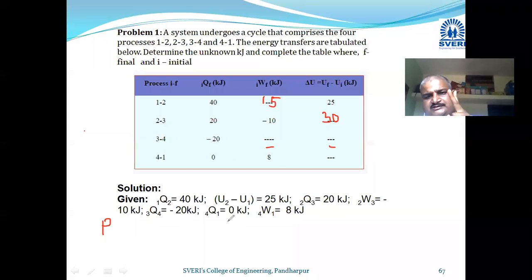Boys, I'm not getting your response. How many unknowns are there in a process 3 to 4? Two, sir. Two. One is work, second is the change in internal energy, delta U. But we have only one equation, that is Q is equal to W plus delta U. From this equation you can calculate only one unknown when two terms are given, and here we have to calculate two unknowns, which is not at all possible. Let it be, we will go for process 4 to 1.